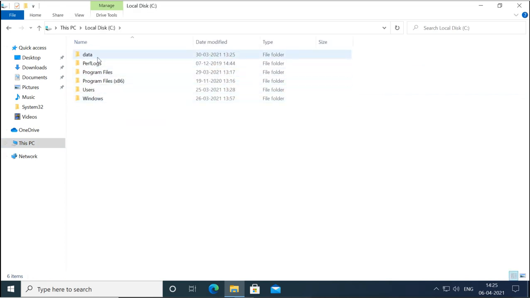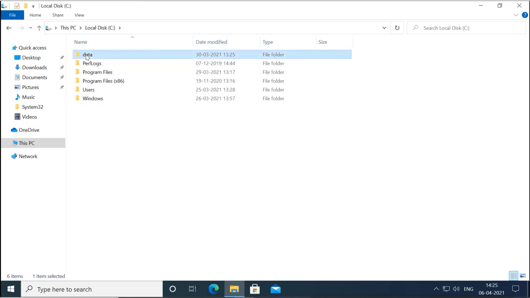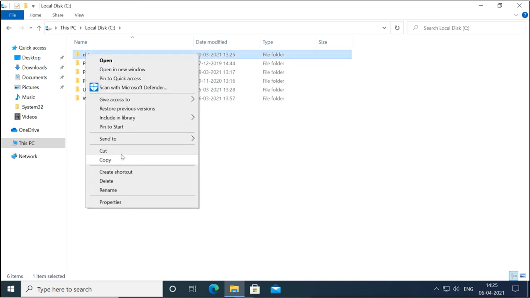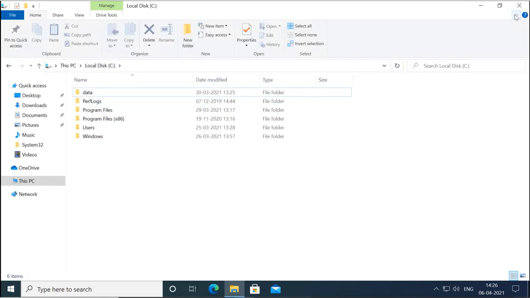Then you can manage things: you can right click, you can cut, you can view, and you can do different things. You also have the option to open here, and you can manage all these files and directories from here. This is Home, where you can see Pin to Quick access, and you have cut, copy, paste, move, copy, and delete options, and the option to create a new folder.